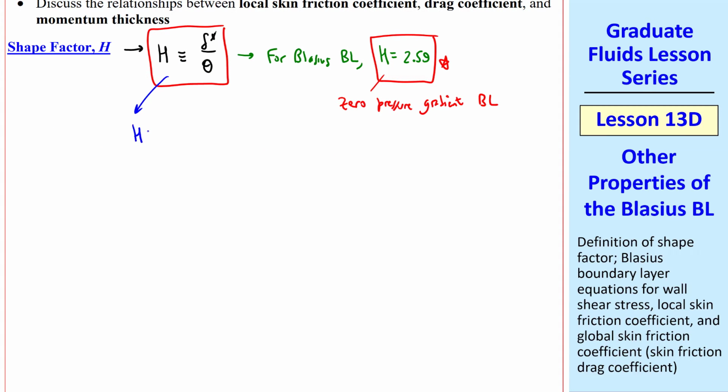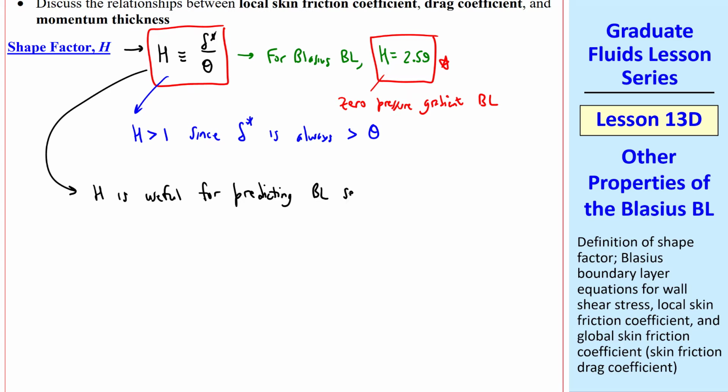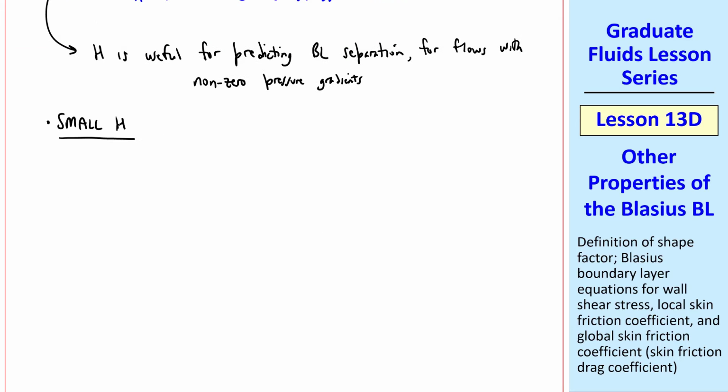I note here that H is always greater than 1, since displacement thickness delta star is always greater than theta, the momentum thickness. Well, what good is H? It turns out that H is useful for predicting boundary layer separation. Whereas the Blasius flat plate boundary layer has a zero pressure gradient, we're talking in the general case about flows with non-zero pressure gradients. If shape factor H is small, and by small I mean H close to 1, like